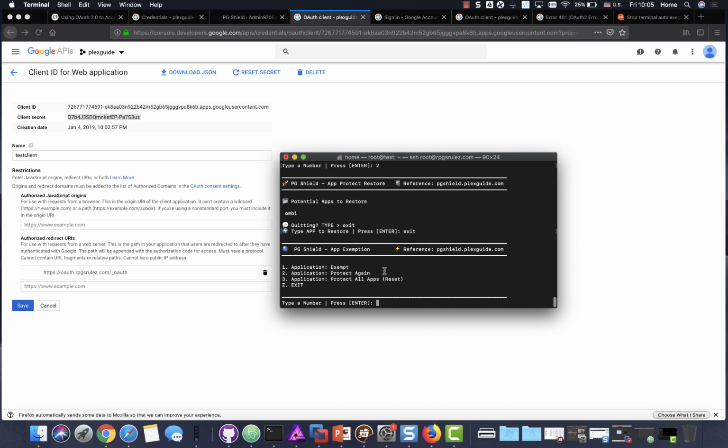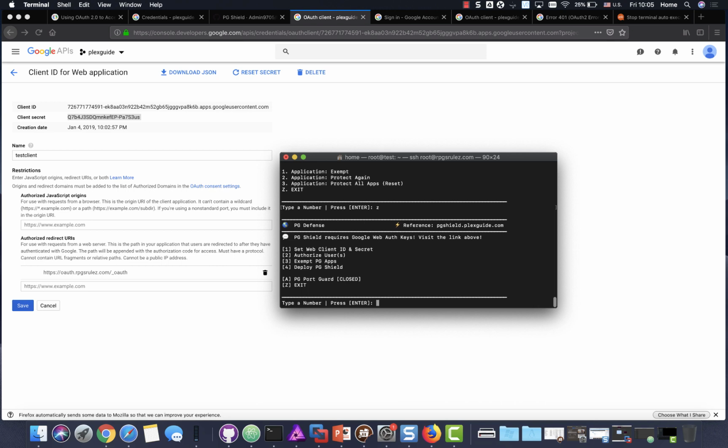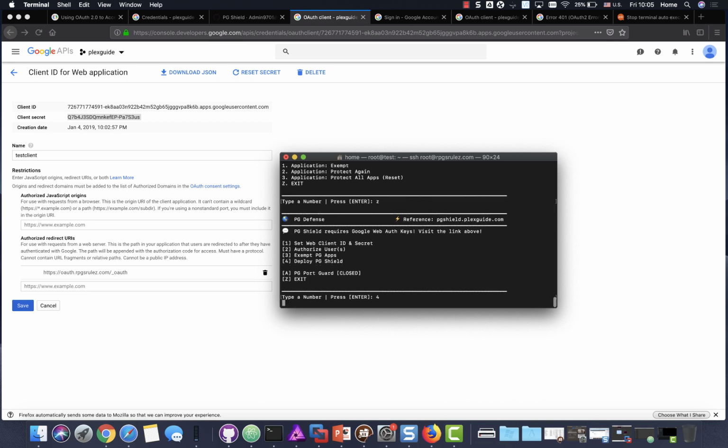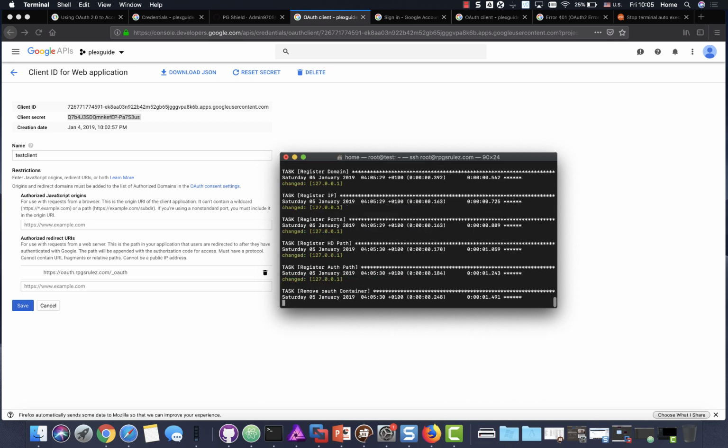So if you need to put an app behind your firewall or whatever you want to call it, this will do it for you. This baselines all the apps. So if you have like 50 apps exempt and you just don't want to untype them all, you just pick 3, and PG Shield will definitely protect everything again. So you can go ahead and exempt apps there. Okay, so now we're going to go ahead and deploy PG Shield. And while this is doing its thing,